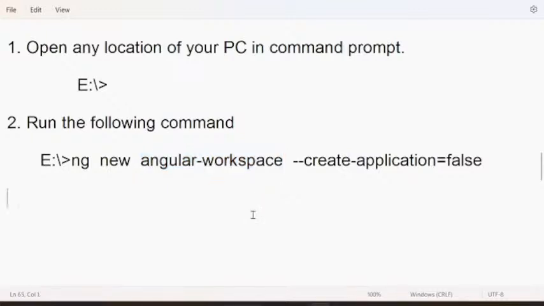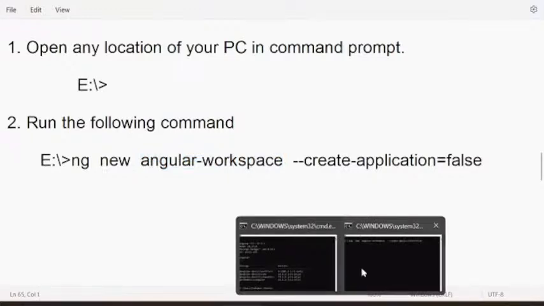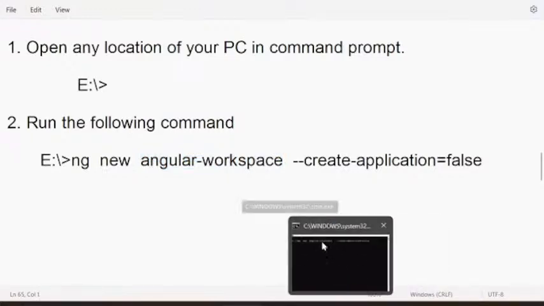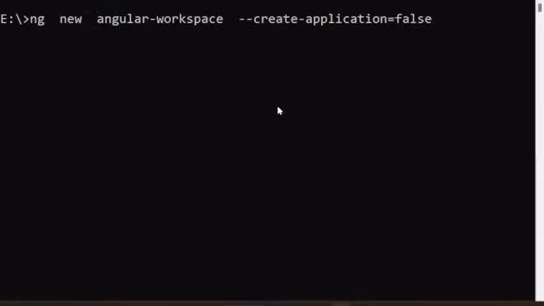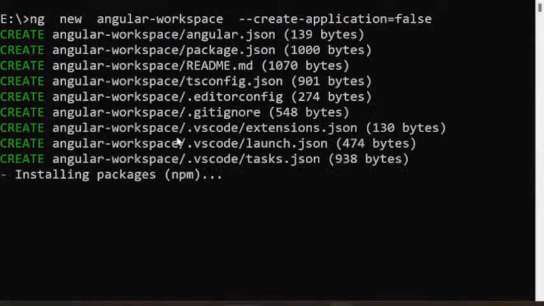Okay, let's do this now. So I am using create-application false, enter. Now it is creating a new workspace. In that workspace, it is adding some new files. Some files are created here.